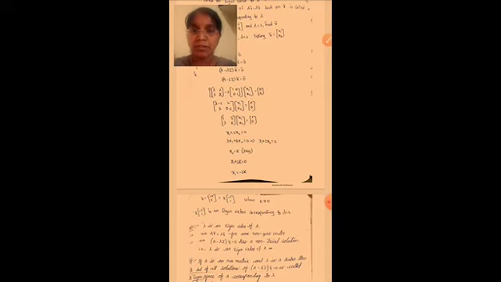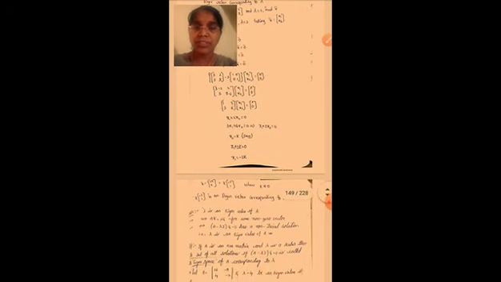In equation 2 we have to take 3 outside, so we get x1 plus 2x2 is equal to 0. So x1 plus 2x2 is equal to 0 and x1 plus 2x2 is equal to 0, both the equations are the same. So in that I am taking x2 is equal to k. Substitute x2 is equal to k in the above equation, we get x1 plus 2k is equal to 0. So x1 is equal to minus 2k. Substitute the x1 and x2 values in x bar, that is the eigenvector. So x bar is equal to (x1, x2), that is equal to (minus 2k, k).